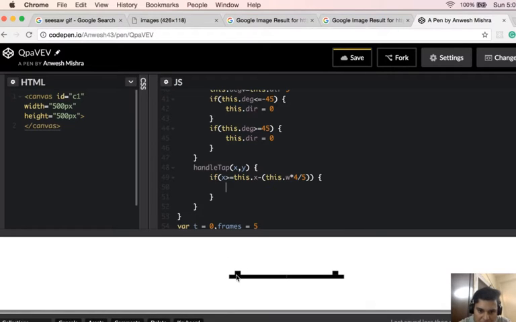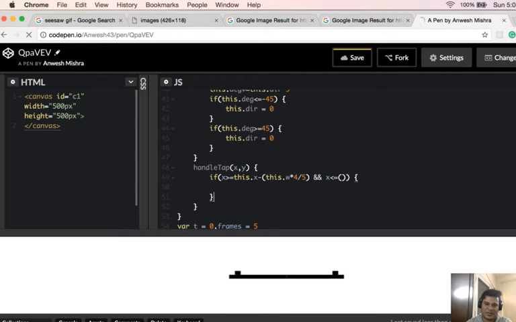So if you click on this position, then the x must be greater than this middle point minus 4/5 of the width. That will give you this point, and it must be less than this dot x minus 4/5 the width plus w by 10. Okay, this is a bit confusing. Let's have this thing as